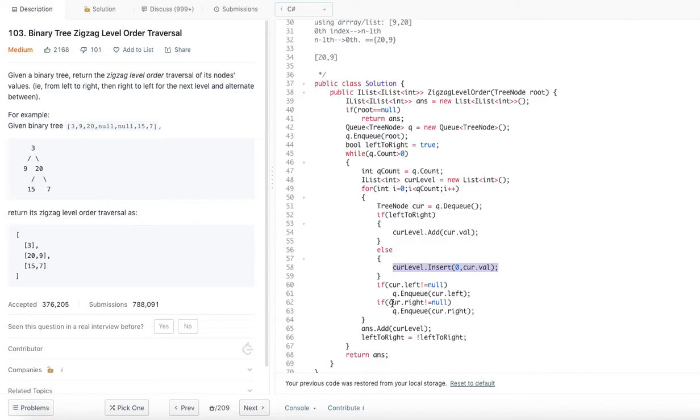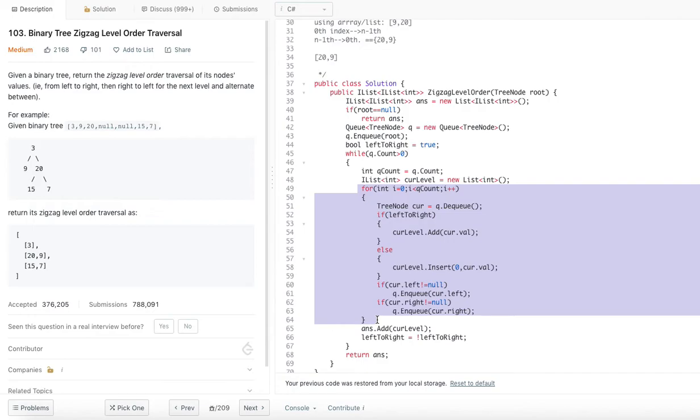Once that is done, we need to add more elements, basically more levels, to the queue. If the current node's left is not equal to null, you enqueue that node. If the current node's right is not null, we enqueue that as well. This is going to be done for one level, so for one level we will be going through this for loop.